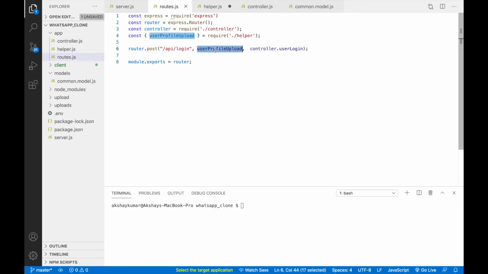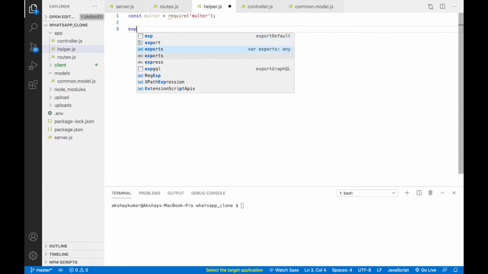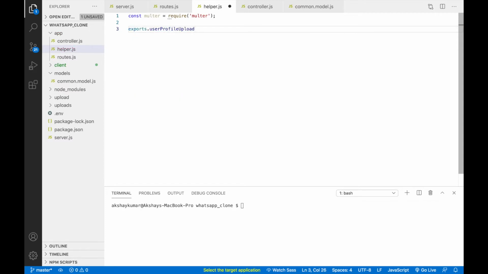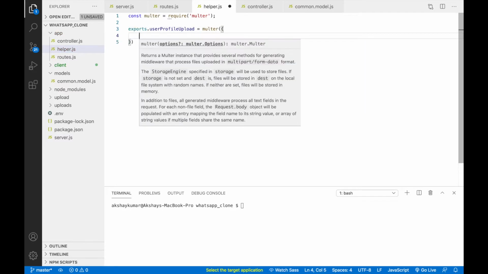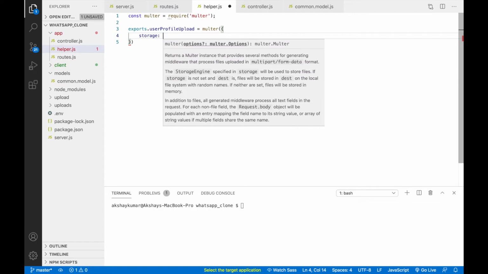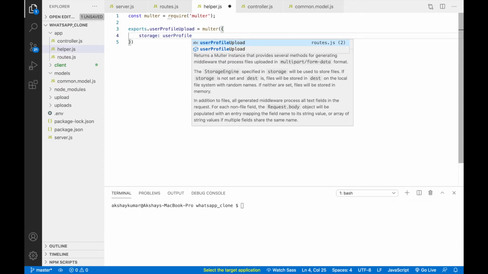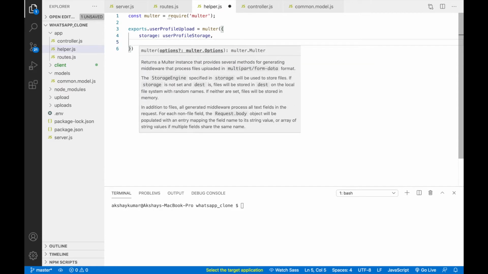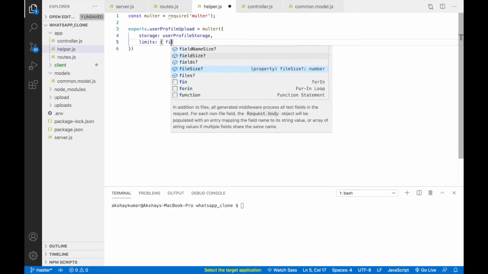We can write exports.userProfileUpload equals multer. In this we can pass storage, and here we can pass one method, let's say that method will be userProfileStorage, and second we can pass limits, and here we can pass fileSize.